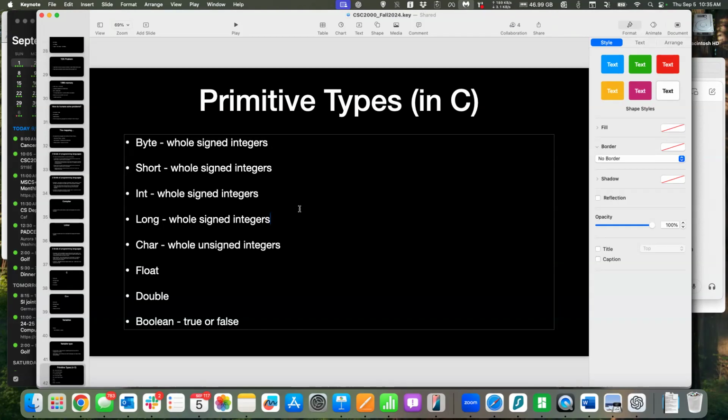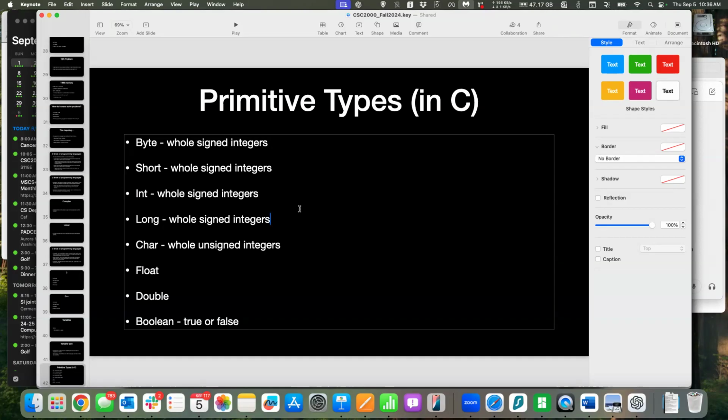What do you think the difference between these guys are? And then why do they exist? What do you think the difference is between a byte and a short? You've heard the word byte before in here. What is a byte? Yeah, 8 bits. Okay, collection of zeros and ones, 8 of those. What's the maximum size value that we could store inside of a byte? 8 ones, okay, which is